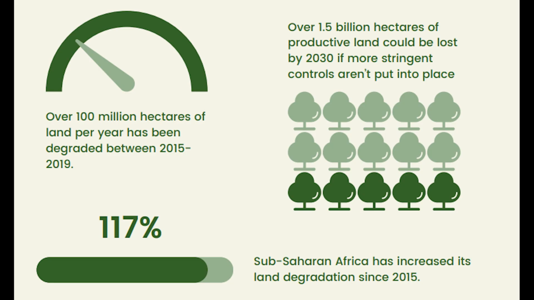The key measure for this is the amount of land cleared by total land area, a measure which is not showing improvements since the implementation of the UN SDGs in 2015. In 2019, over 100 million hectares of land was lost per year, mainly due to deforestation for agricultural purposes. We are projected to lose 1.5 billion hectares of forested land by 2030 if more controls are not put in place. However, just reducing deforestation will not turn back the clock on desertification. To meet the UN SDG targets, over 1 billion hectares of land will need to be replanted to combat rampant